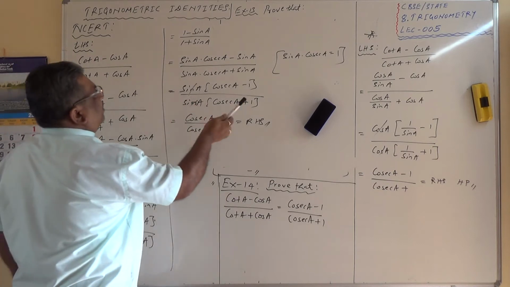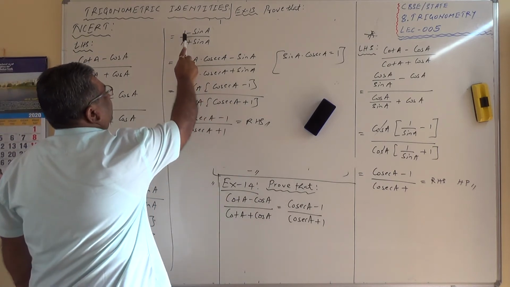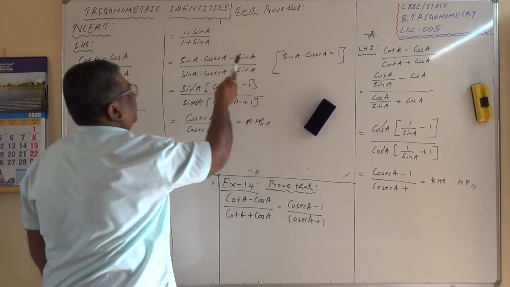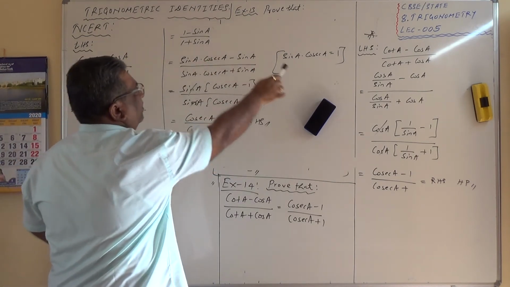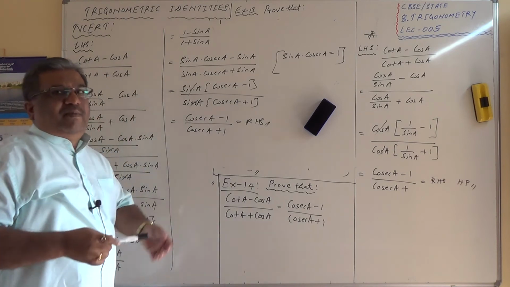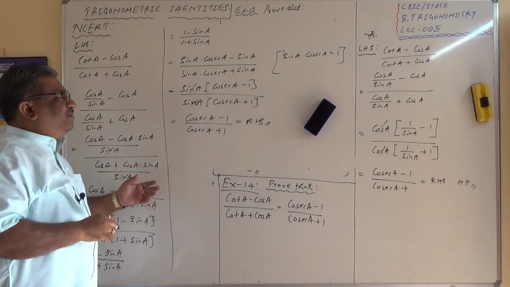Yes, possible. This is an alternate method which you can definitely do, but sometimes we will not be able to remember to replace 1 equals sin A into cosec A. That replacement is a very critical step over here. The replacement of 1 with sin A and cosec A, you will never be able to remember. So this is one way possible.